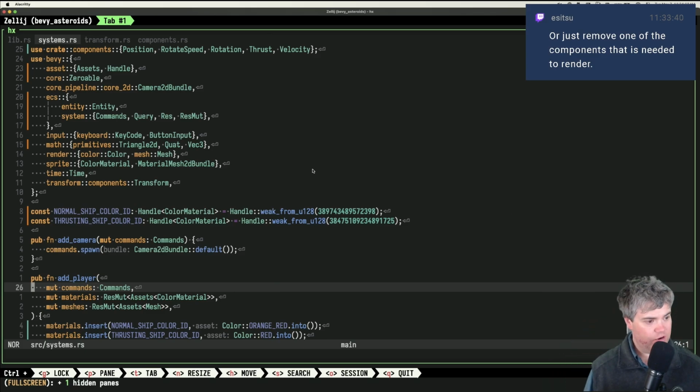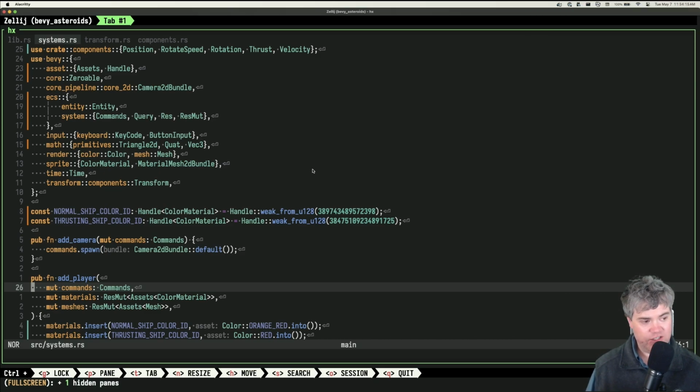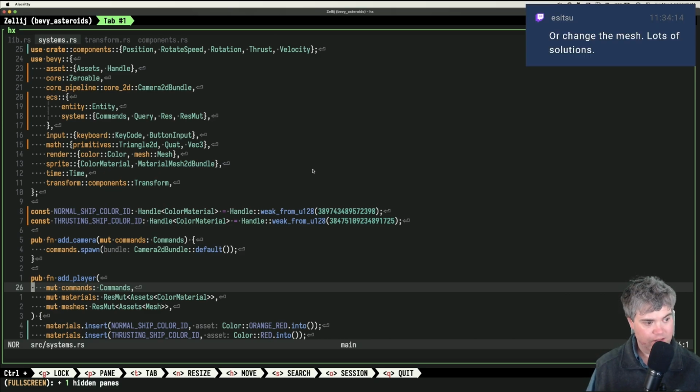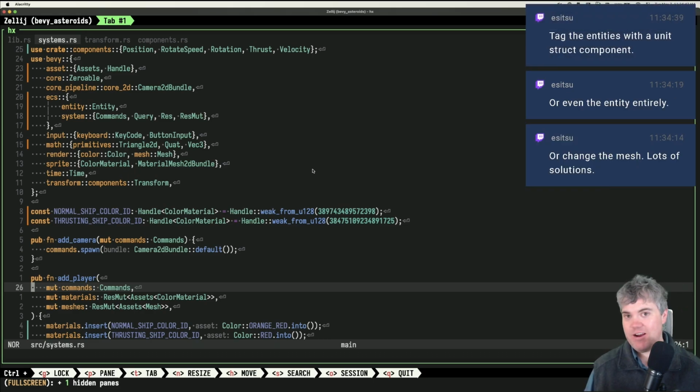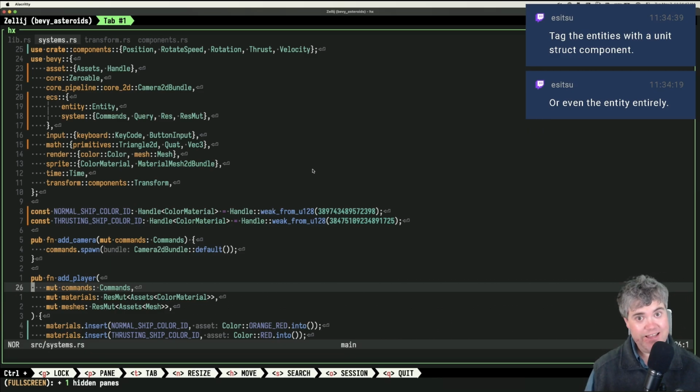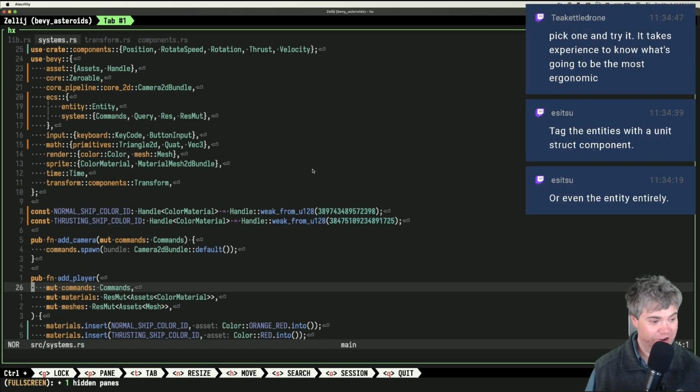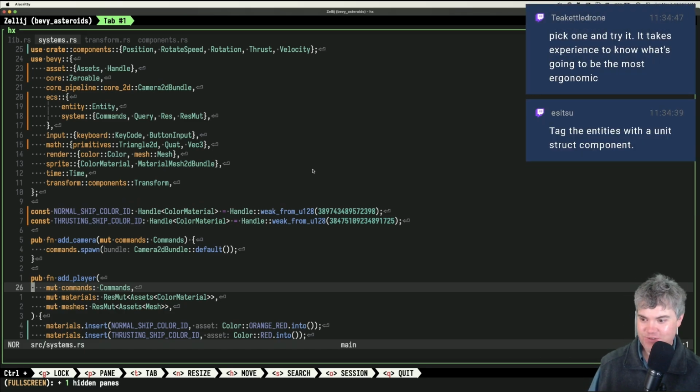Like I insert the component and then I remove the component? Oh, that we could potentially do something like that. Or change the mesh. Yeah, I guess that's a problem. How do I know which one to do? How do I choose? It's the paradox of choice, where we have too many choices to choose from, and therefore we just sort of freeze. And it's like, what do I do? I don't know. There's too many things to choose from.